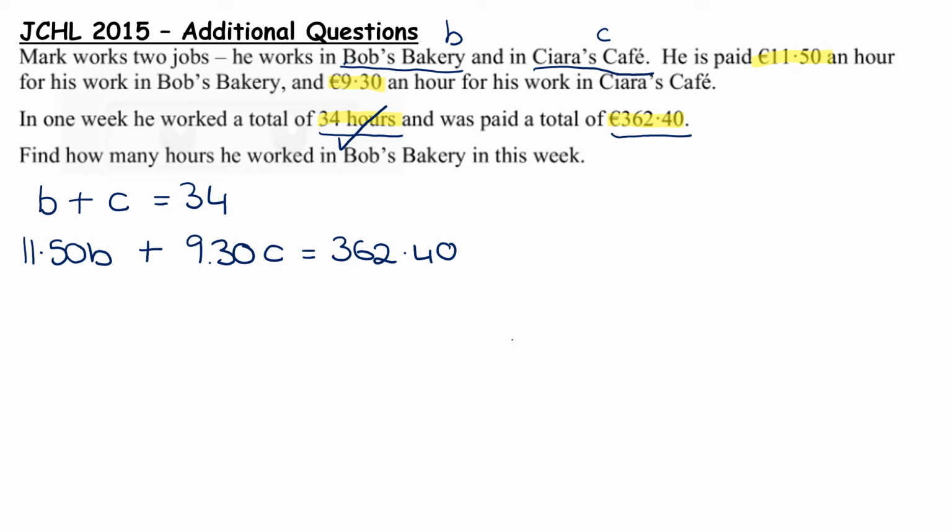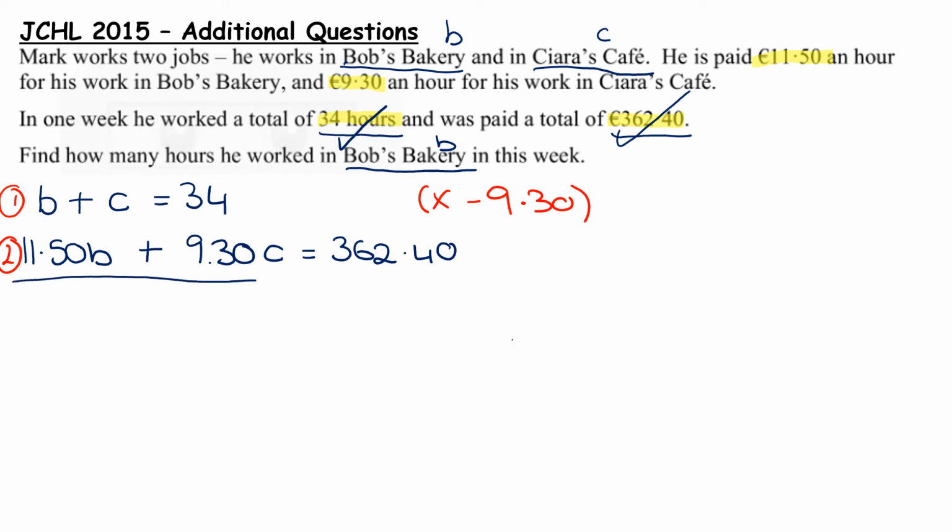So what we're going to do is we're going to eliminate C. Now, why am I choosing to eliminate C? Because we could eliminate B, but we want to find how many hours he works in Bob's Bakery, which is B. So I want B in my answer, so let's get rid of C. So how to eliminate C is we're going to multiply our first, and we'll call that equation 1, by a negative 9.30. So that will give us the same coefficient but a different sign. So that's going to be minus 930b